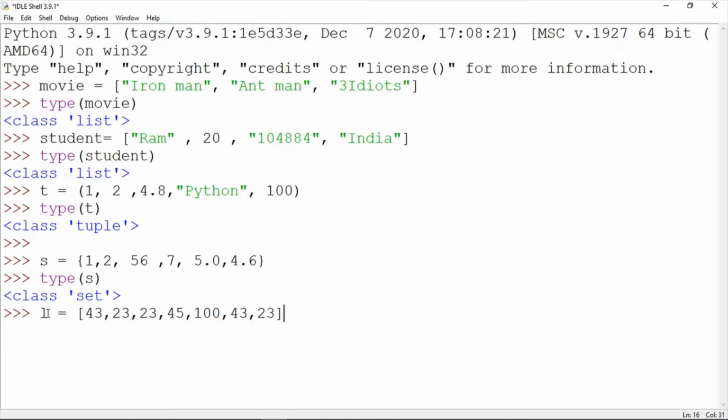And now if you want to convert it into a set, then use a method set, and inside set you just pass your list name that is L. So this is how you can convert a list into a set.